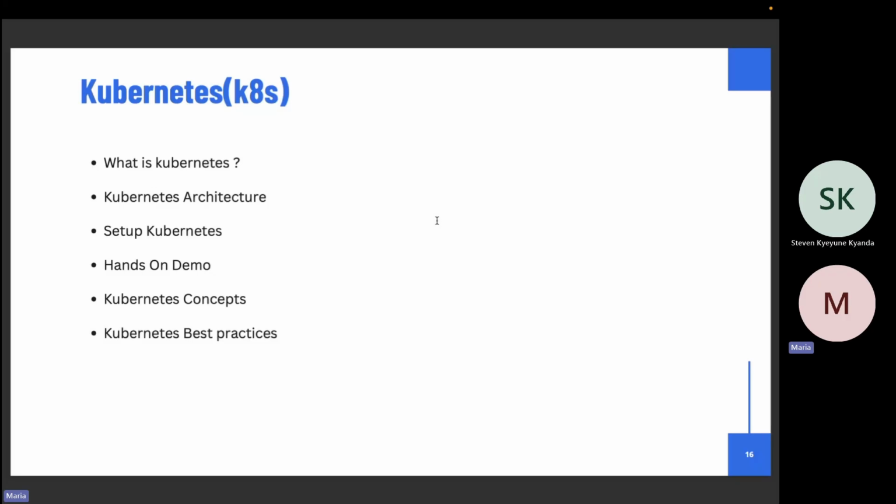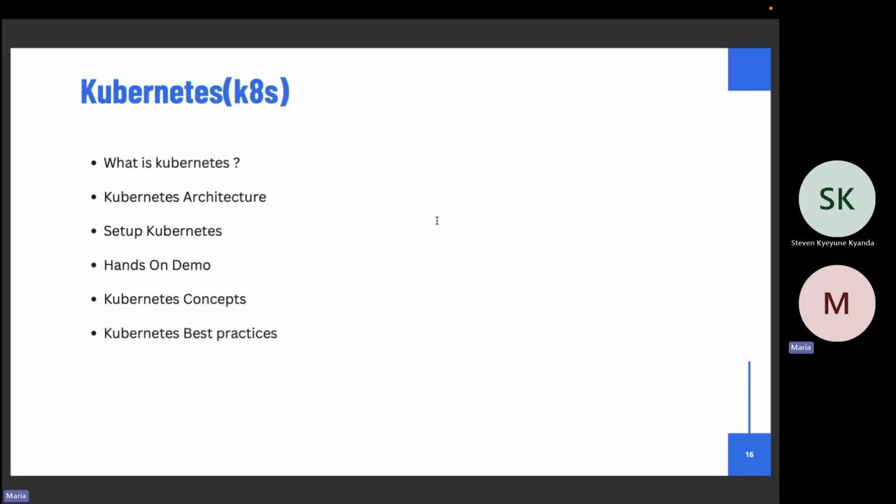You could look into all that. Sometimes you may not want to use Docker. For example, in Kubernetes, some people use Containerd and other engines. So it's not only Docker, but Docker is the most popular.